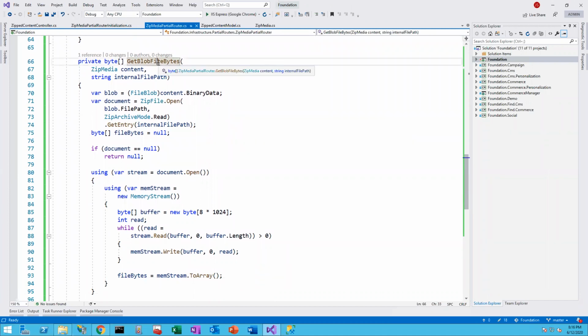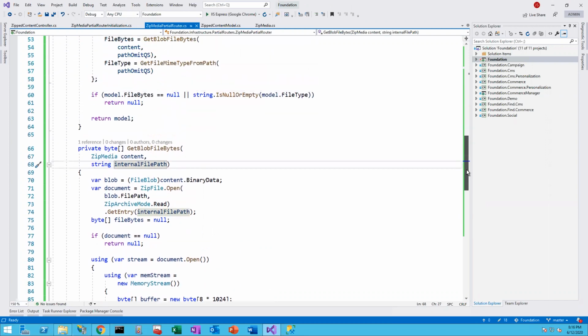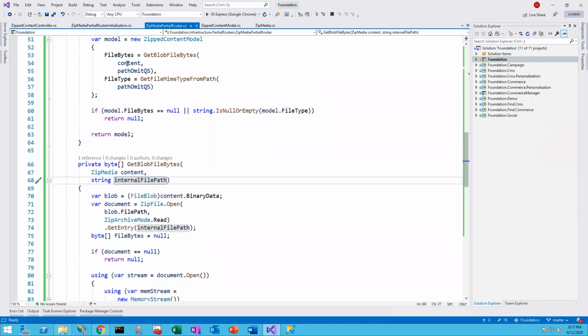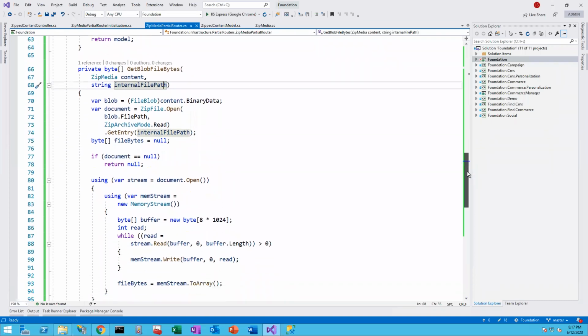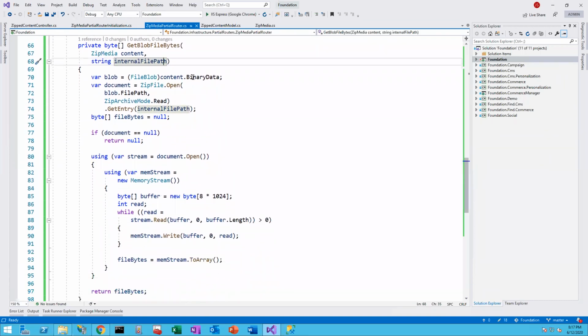The first method there is to get the actual bytes of the file. For that, we're going to pass the content in, and we're going to pass the file path, right? That's the method that we're passing in here. It's the content that was passed to the partial router, and then the segment path that we created minus the query string. We're passing those to get the file bytes, right? We're going to look at the zip file itself. This binary data is the zip file. We're going